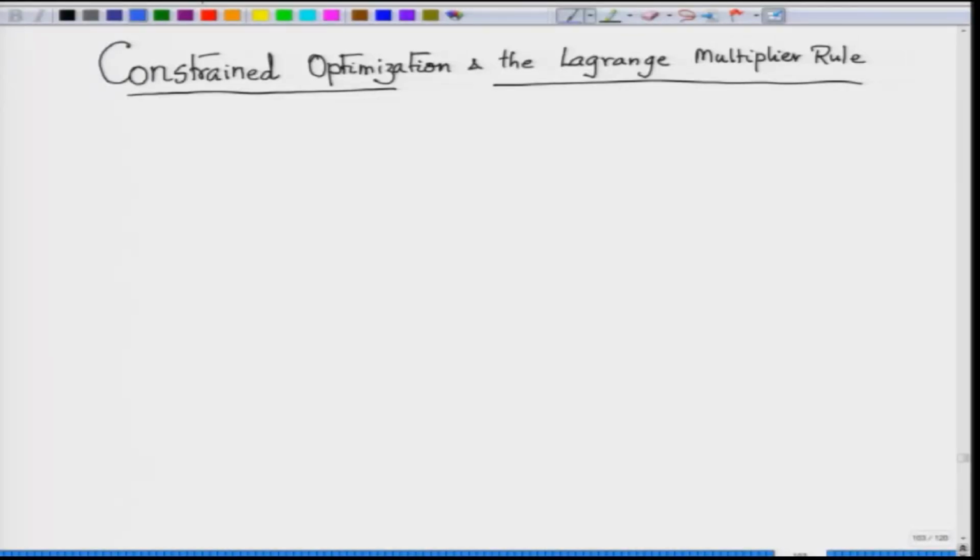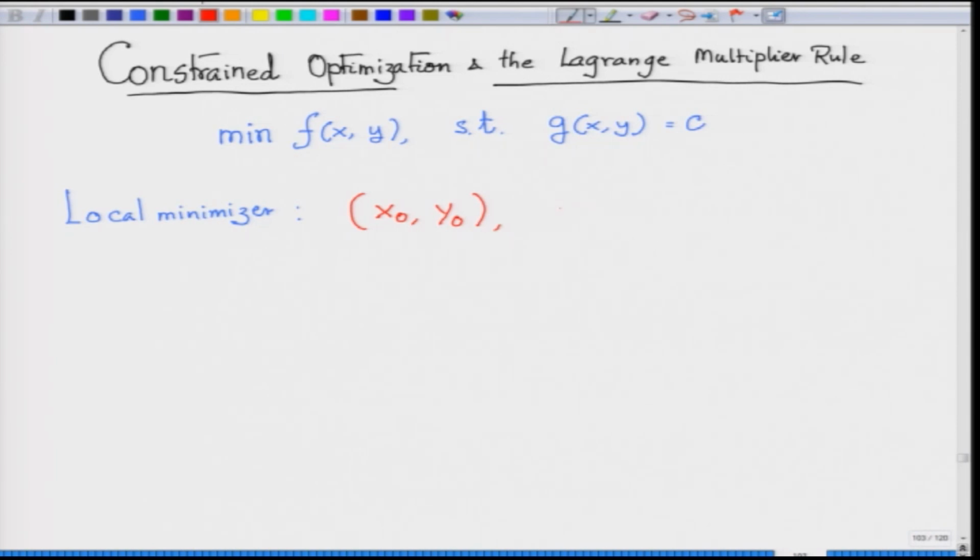So, what we do is we consider to minimize f of x y, where x and y are real variables, such that g x y equal to c. We consider the minimization of this. Now, we have to talk about a local minimizer. x naught y naught is a local minimizer